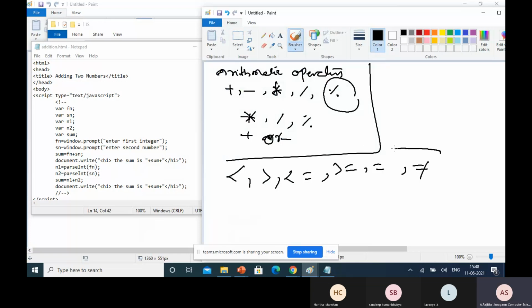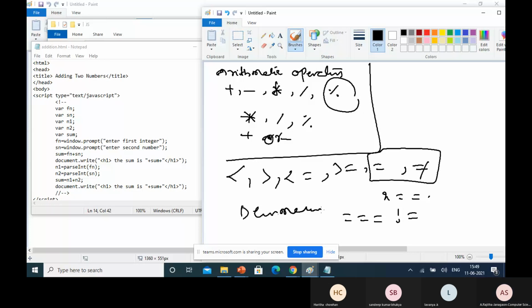This is equal to, and not equal is like this. And one more, which checks along with the value as well as type. These relational operators are used in decision making.